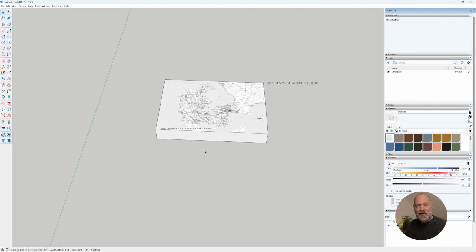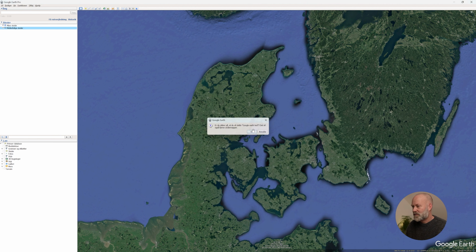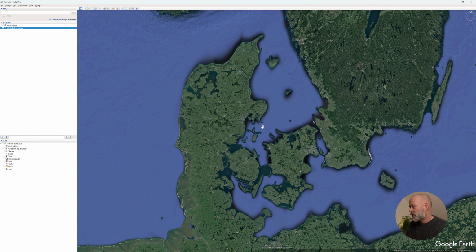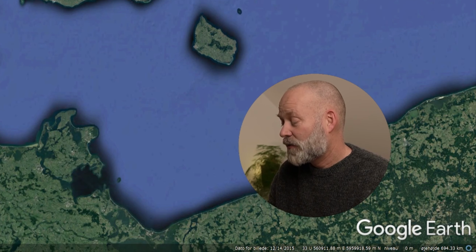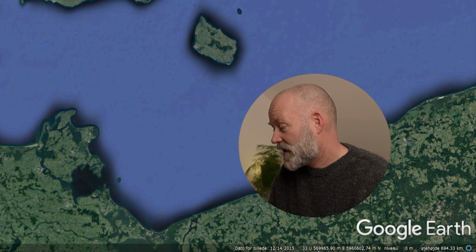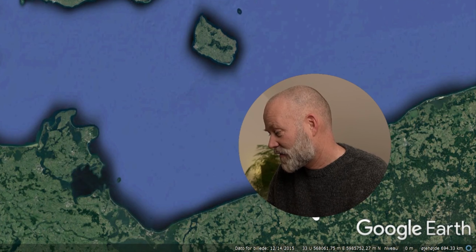Now I want to show you how Google Earth works with regards to coordinates, and also how SketchUp works, and how we make sure that the two can communicate. Now I will just delete this. If we go into Google Earth, in the lower right corner you can see there is a coordinate. This is at the moment UTM-32, and my cursor is at a coordinate called